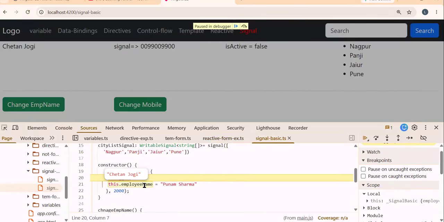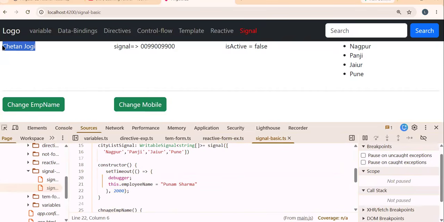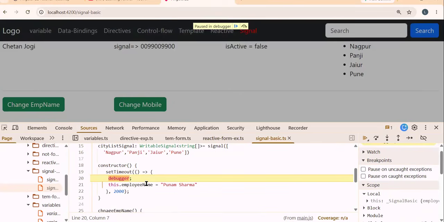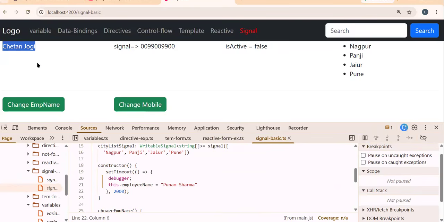Now see, currently the variable value is Chetan Zogi. Once this line runs, the variable value is changed. See, your variable value got changed. But if you see the HTML, it is still showing the old value. Sorry, let me show you one more time. Just pay attention in the constructor. This is the original value that is showing over here. Once this line runs, your variable value got changed to Poonam Sharma. But if you check over here, it is still showing the old value. So your variable value got changed, but your UI is not showing the updated value because we don't have zone.js